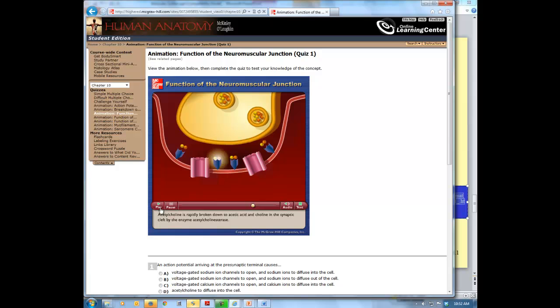Acetylcholine is rapidly broken down to acetic acid and choline in the synaptic cleft by the enzyme acetylcholine esterase. The choline is reabsorbed by the presynaptic terminal and combined with acetic acid to form more acetylcholine, which enters the